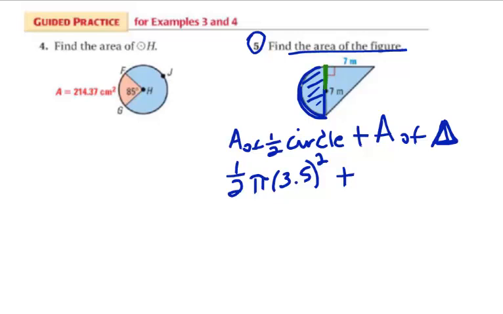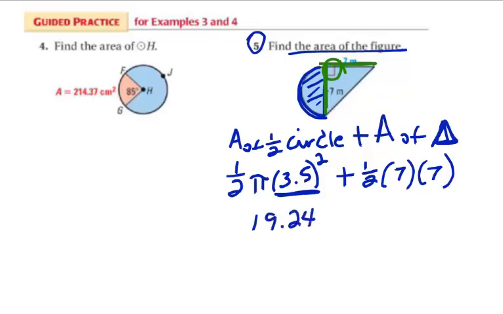So if I look at the triangle, I have a right triangle there, and in a right triangle, one side is base, and one side is my height. Remember that I'm looking for a perpendicular line going from a base to a vertex. And so this is 1/2 the base, which is 7, times the height, which is 7. And so the total area of the figure, if I do one-half pi 3.5 squared, and what do we do first? Well, we would do this 3.5 squared first, order of operations, exponents first. And then I can multiply by pi and divide by 2. I'm going to get